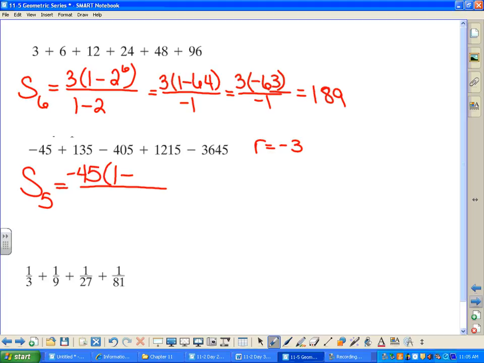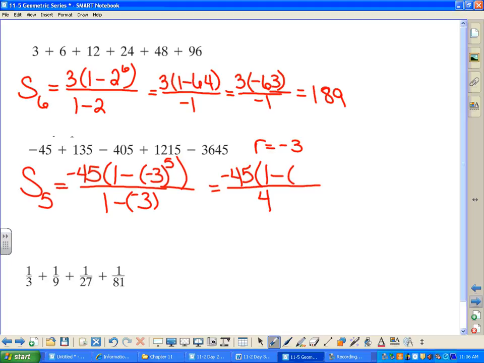times 1 minus R, what? No, because what's happening to that R? It's being raised to a power, and that's why I wanted to show you that. Okay? You really need to make sure that you follow order of operations. Now in the denominator, can I change it to a plus 3? Yeah, because there's no power there, okay? So in the denominator, I can change it to a plus 3, and I'll wind up with 4 down there. In the numerator, I'm going to have negative 45 times 1 minus, okay, negative 3 to the 5th